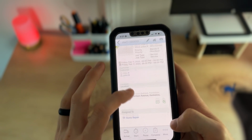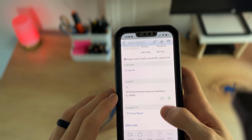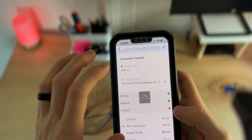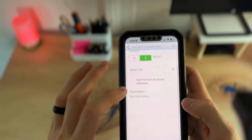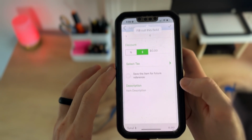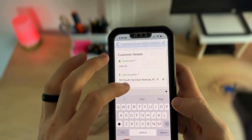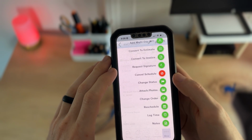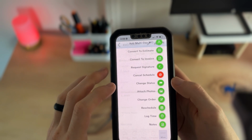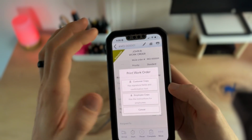Then of course to complete the job, and it looks like here you've got your navigation, and you can edit various details. You can add your line items, update any services, but you can just kind of see here, I'm struggling a little bit with the user experience. It's not that clean looking, and there's just frankly too many options here, I think. But you can do all the basics. You can even print this work order